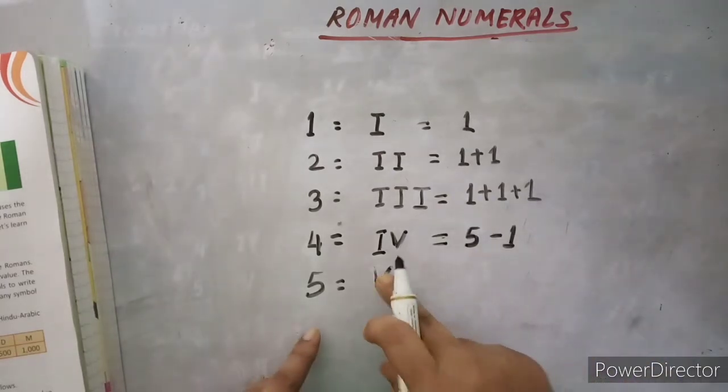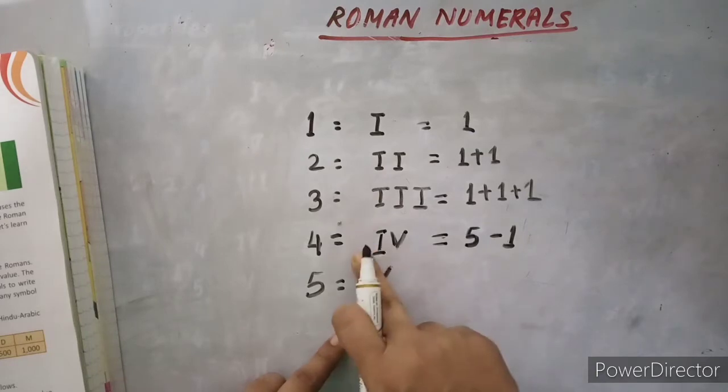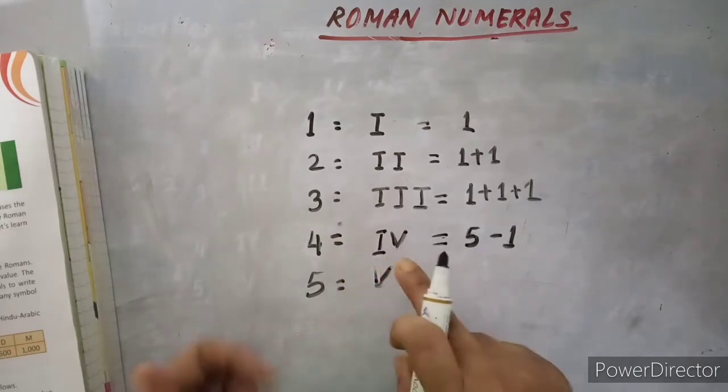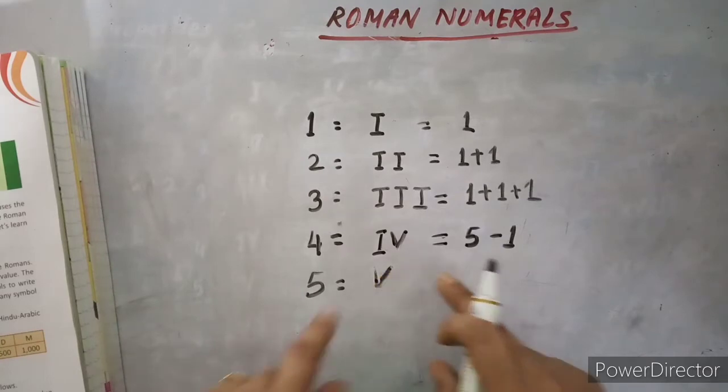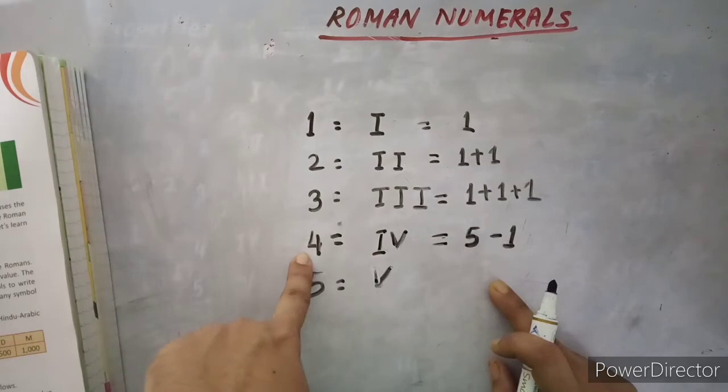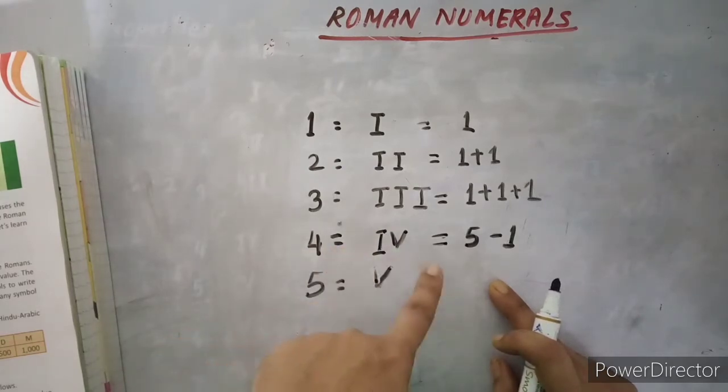ठीक है, देखिए तो ये 5 है, 5 minus 1 is what? Your 4. So इस साइड 5 V के लेफ्ट साइड में यदि कोई भी सिंबल लिखेंगे तो वो छोटा नंबर हो जाता है. ठीक है, तो 5 से छोटा नंबर क्या लिखेंगे? 5 minus 1, that is your I, and V is your 4th.